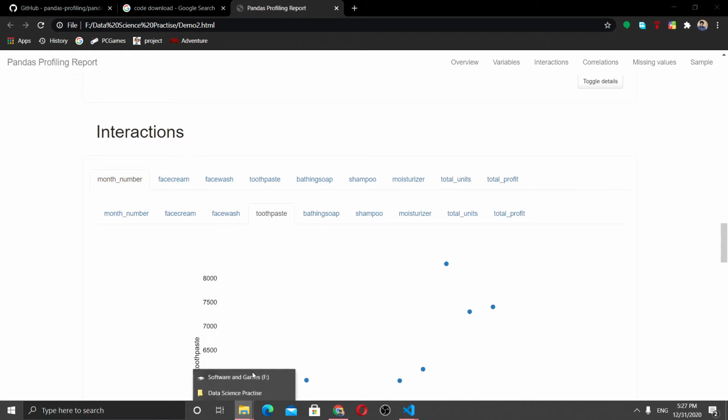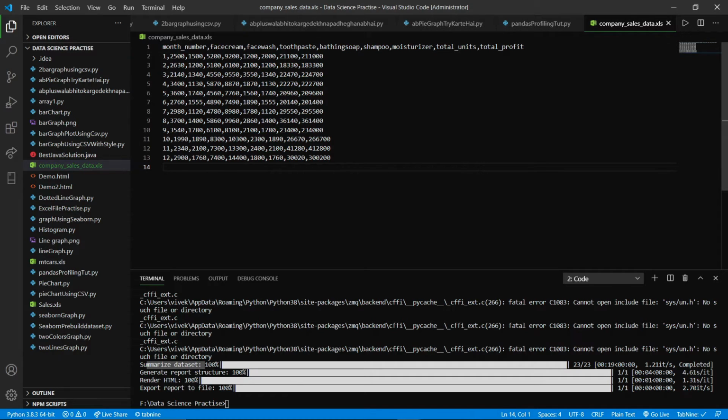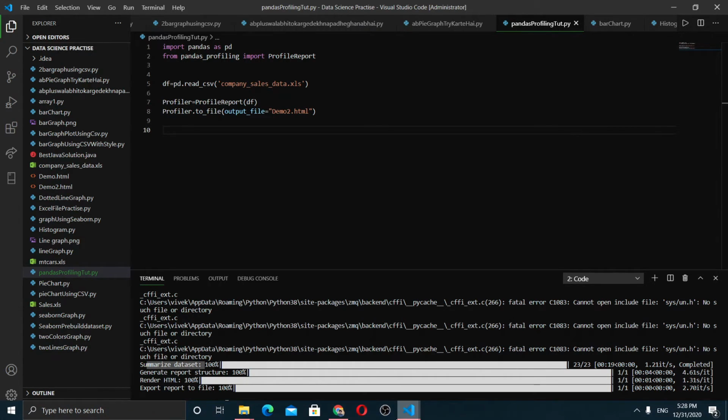So let me also show you the CSV file. You can directly check the CSV file here also. So you can see the data set and data values in here. You can perform a variety of data set operations, analyze it, apply the ETL process on it, and get some data visualization which may help you in producing reports and other things. You just need to explore the library and it will be very helpful for you. You just need to read the documentation for that.